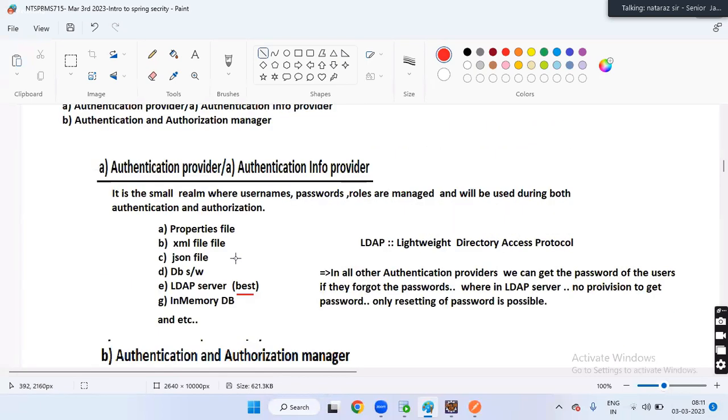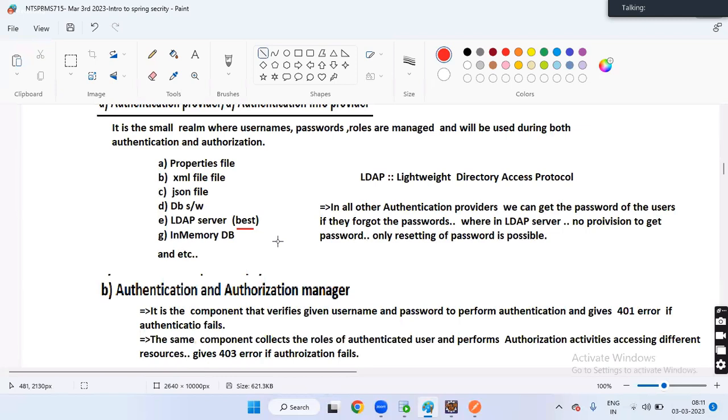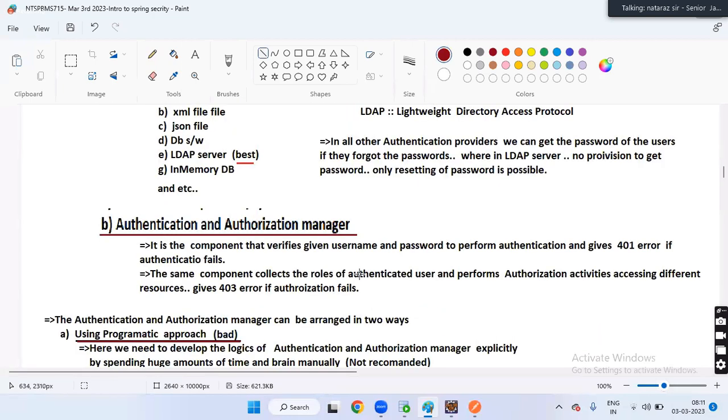Everyone getting my point here, boss? Right now, Gmail, Facebook, everywhere using LDAP only. Everyone is using LDAP only, indirectly or directly.